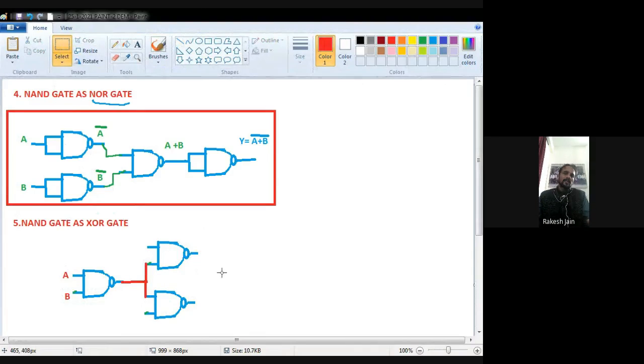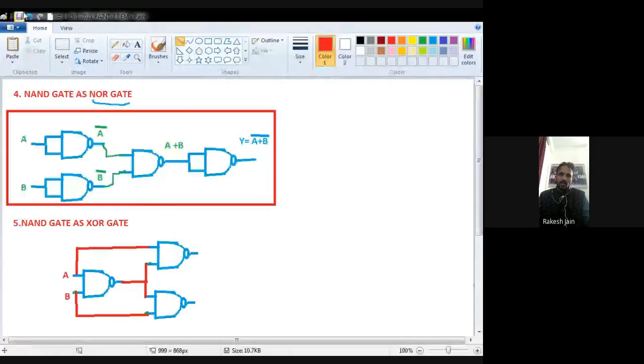Okay. So the output of the first NAND gate is connected with the common input of the second and third. The remaining two inputs are directly connected with the input side. See this circuitry very carefully, because after this lecture, when you do it from your side, you will be able to understand this whole concept.